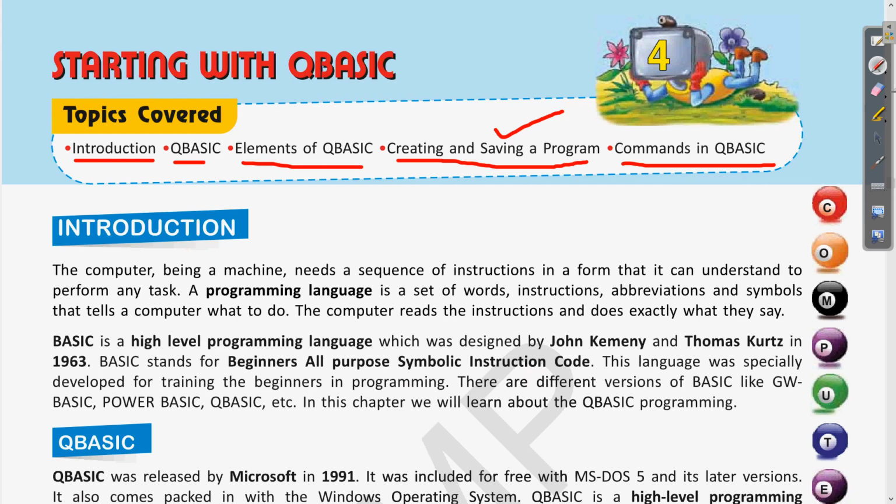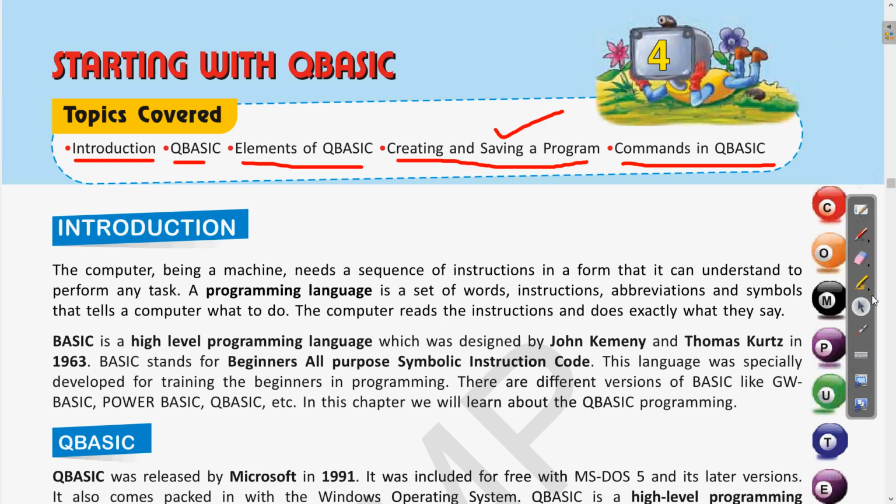Okay, so let us first see the introduction. The computer, being a machine, needs a sequence of instructions in a form that it can understand to perform any task. As we all know, we are humans, we have a brain, we can understand everything, but the computer is a machine, clear.